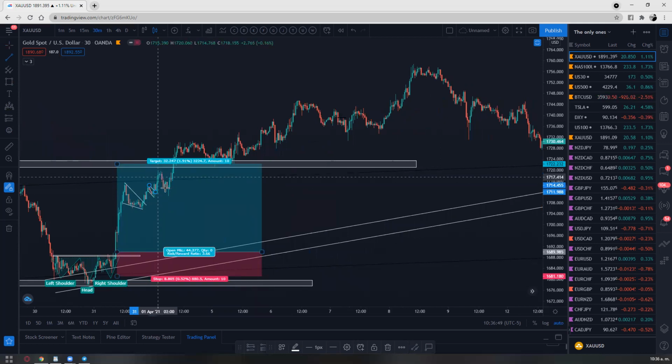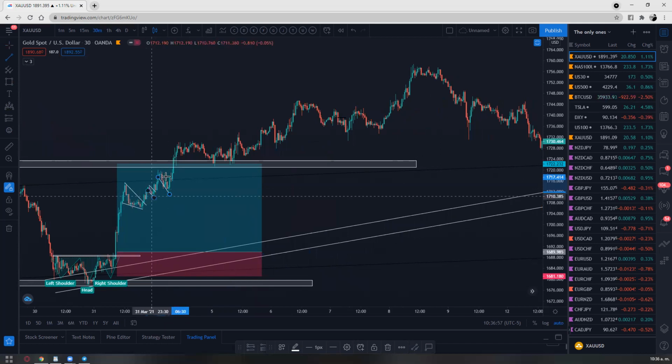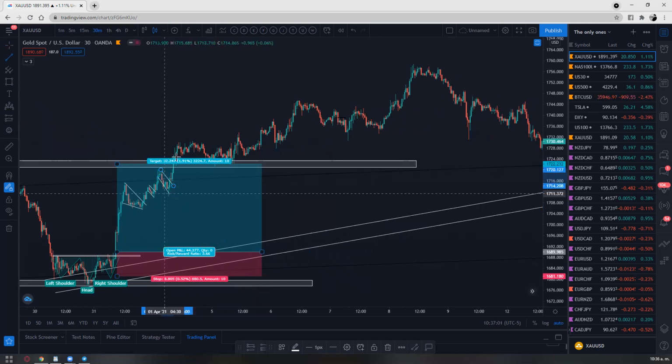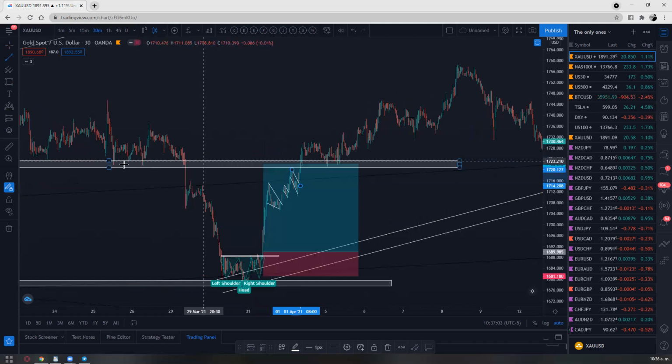And on very small time frames, if you go on a 15-minute, 5-minute, you will see a very clear pattern, much clearer than on a 30-minute. Of course, you're going to be seeing a much clearer pattern right there. That's another pattern right here. The price broke the structure right here on following price action. The price broke, came down to do a retest,